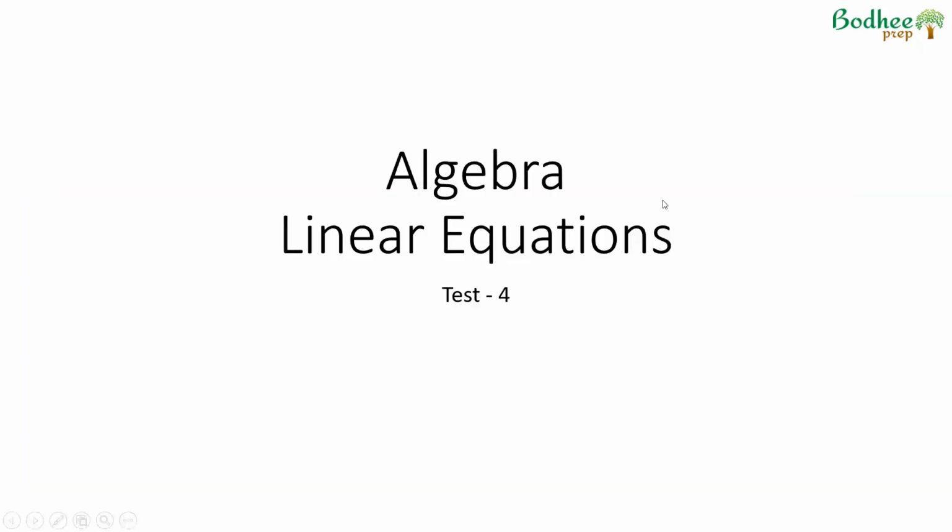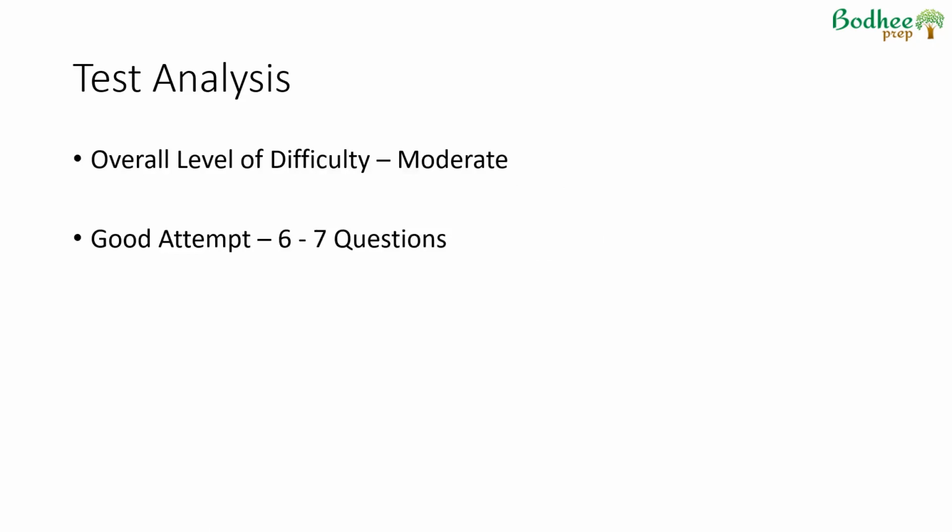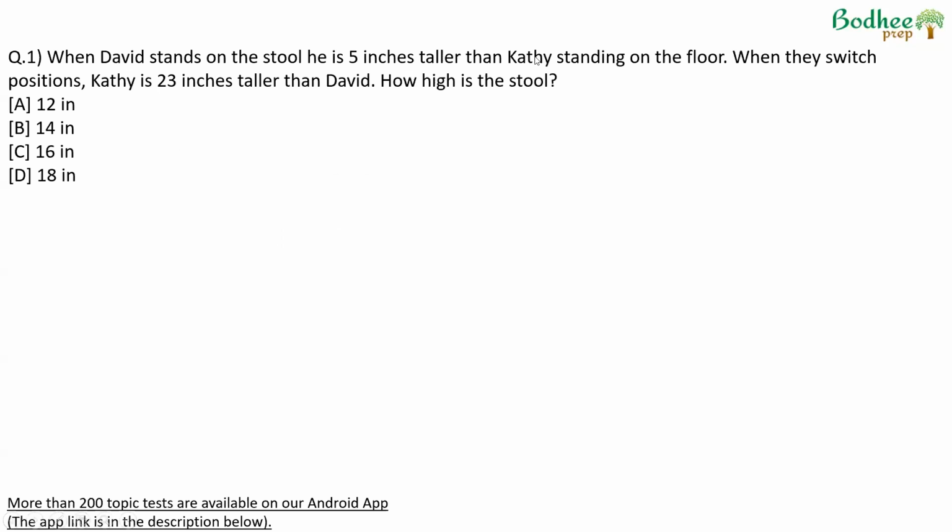This video is on the topic linear equation. This is test number 4 on this topic. Overall, the test was probably moderate level of difficulty, and for a 95 plus percentile, you would look at 6 to 7 questions net correct, and the attempt time would be somewhere around the 20 to 22-minute mark. If we do look at the questions,